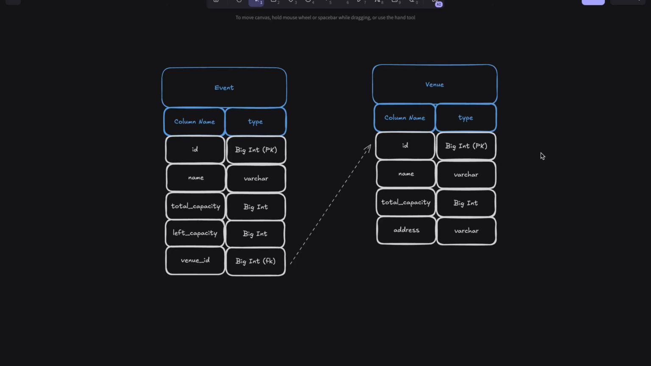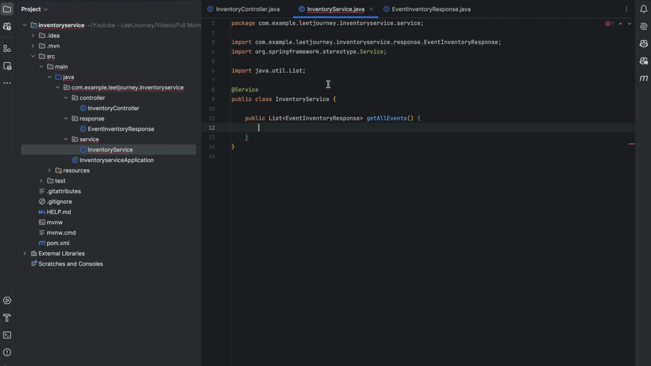So now we need a way to handle these tables in Java. And to do that, we will be using Hibernate and JPA. And let me show you how to do it. It's not that complicated. So if you go back to our service class, we are going to need two repositories, one for the event and one for the venue. So I'm going to create